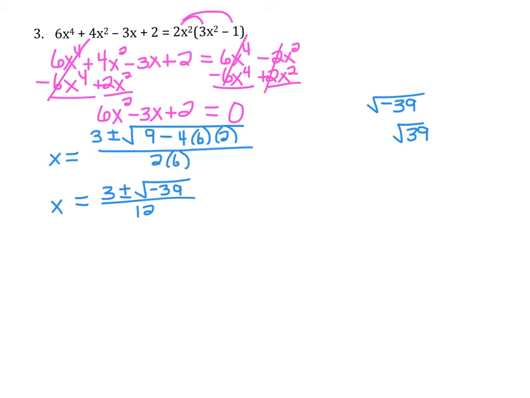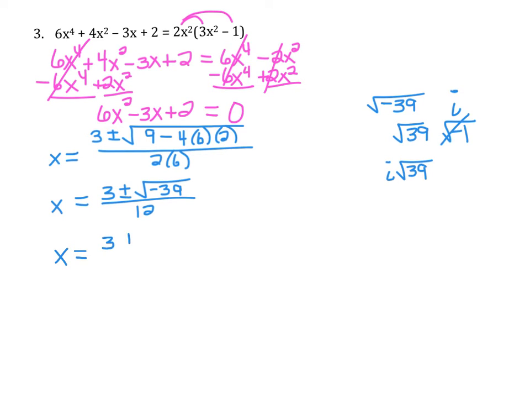But we do have to create a separate radical for the negative 1. And if you recall, the square root of negative 1 is equal to i. So this is equal to, remember, we put the i in front of the radical, that way it doesn't look like it's underneath it. This is equal to i radical 39. We couldn't get anything out of this radical other than the negative 1, and that happens. Okay, so I'm going to rewrite this as x equals